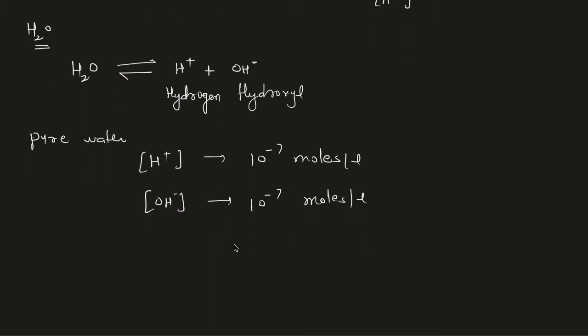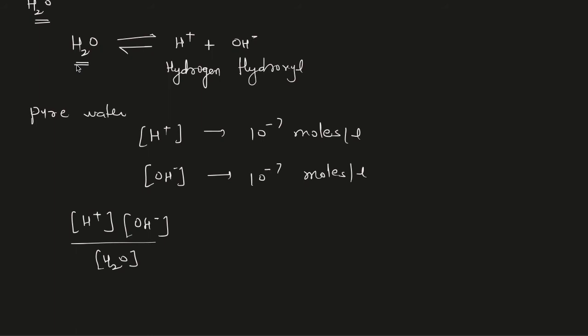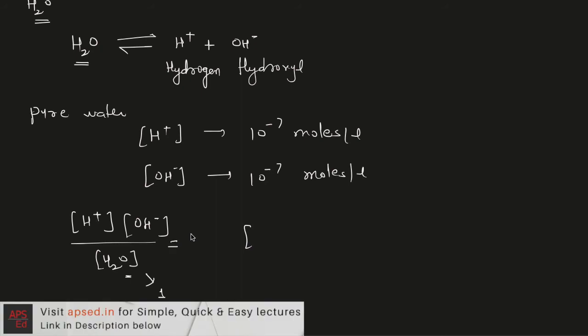And if we talk about the product of ionization, it is calculated as concentration of cations times concentration of anions divided by concentration of undissociated molecules. Now because in case of water this dissociation is very small, we can assume this value to be 100%, that almost all the water molecules are undissociated. So we can treat it as 1 or 100%, and based on that this value is the product of ionization,